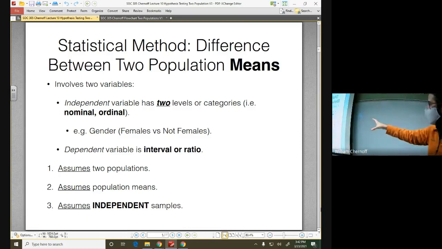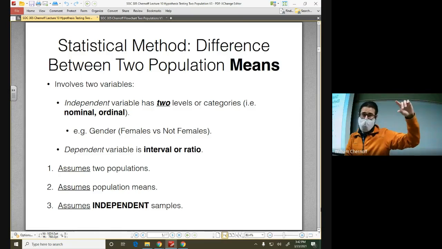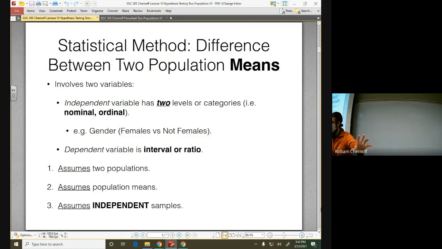So if you're going to use this method, there are several assumptions. One of the assumptions we have to pay attention to is the types of data we're using. We learn these methods, but we can't just use them on any column of data in our database. We can only use them for certain kinds of data. We can only use this method whenever we have one variable that splits our sample into two groups. It's going to be our independent variable.